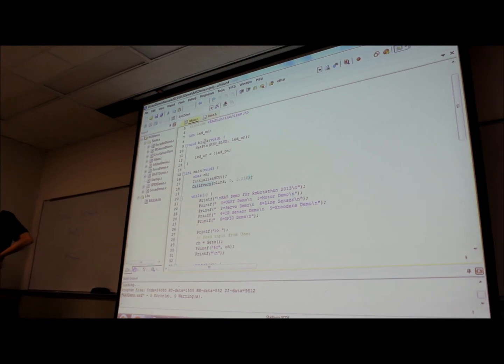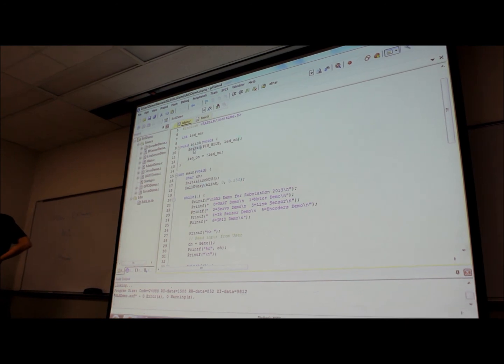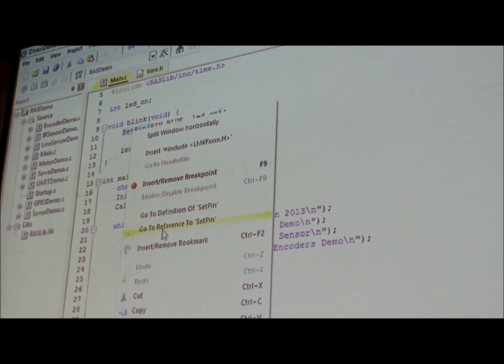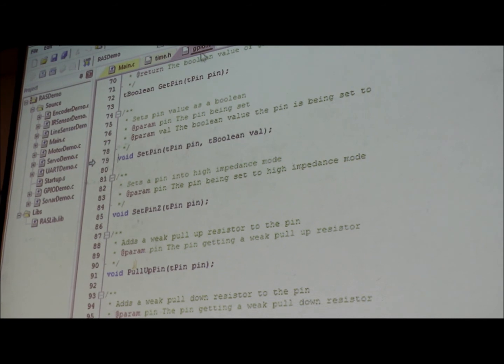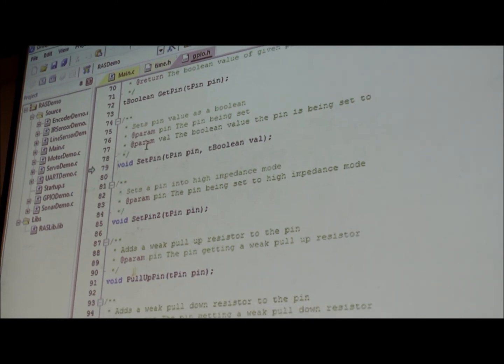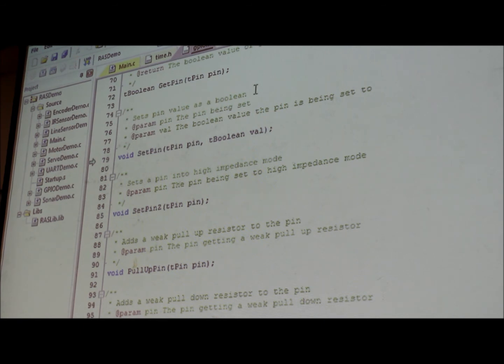Okay? And on this function right here, it sets a pin. What is this function? Well, find out. Do the same thing. Go to reference, set pin. This function is defined in another file that we've written called gpio.h. What does this function do? Well, it sets the pin value for a Boolean. So on your